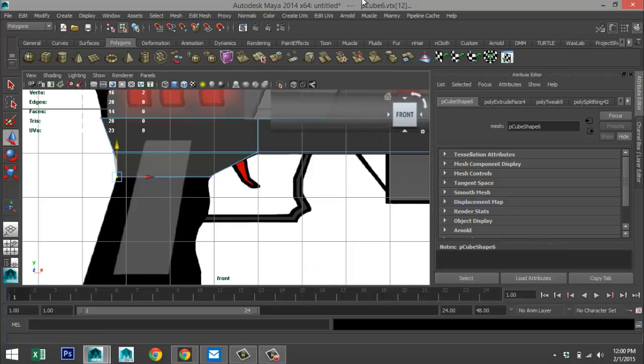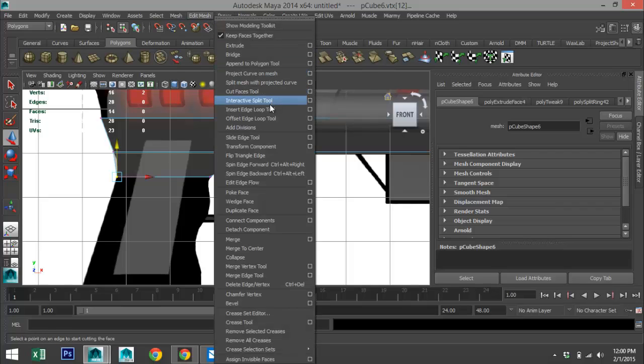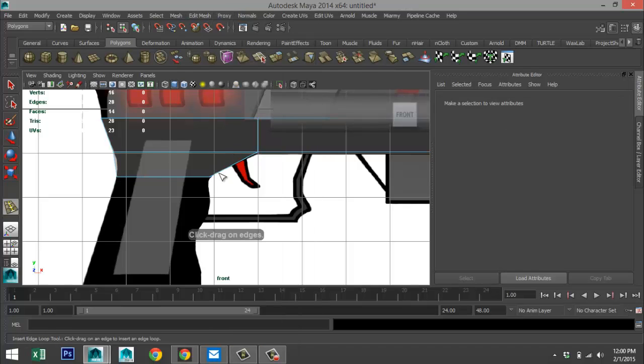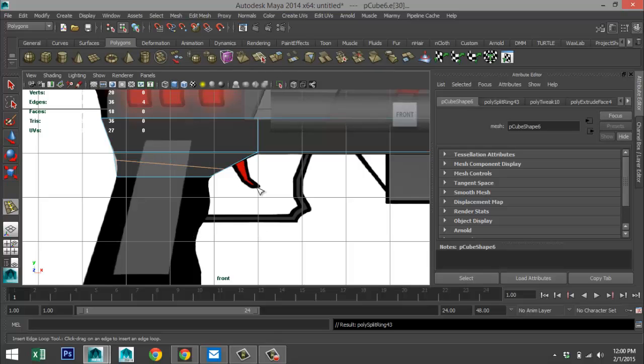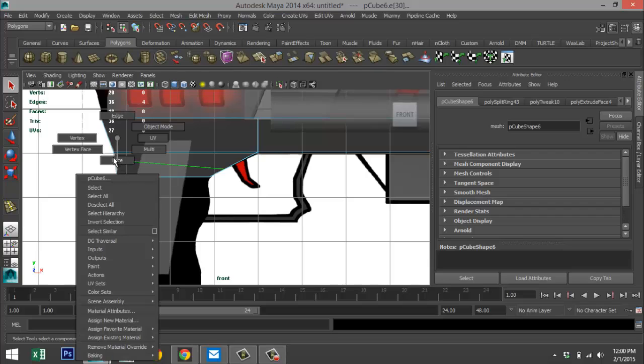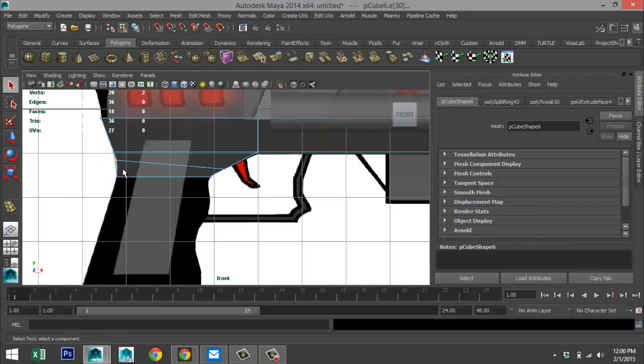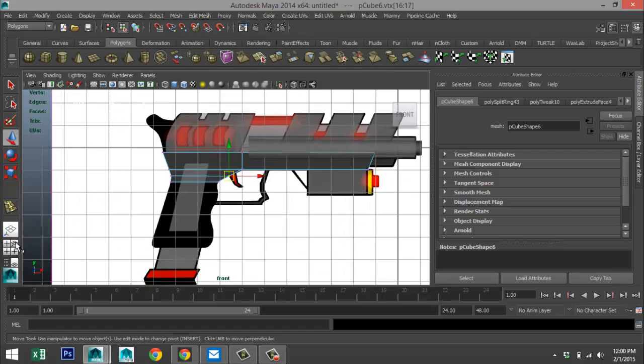All right. Edit mesh, insert edge loop tool. We'll add one here and tweak that in a sec. Hit Q on your keyboard, right click vertex, take that vertex, hit W and move that. And take that one and move that. Okay. Not bad.